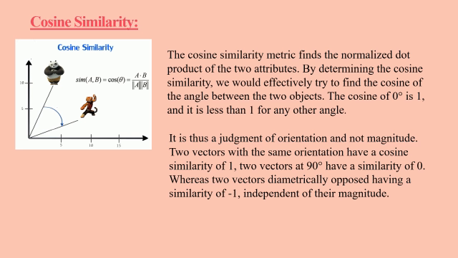It is thus a judgment of orientation and not magnitude. Two vectors with the same orientation have a cosine similarity of 1. Two vectors at 90 degrees have a similarity of 0, whereas two vectors diametrically opposed have a similarity of -1,